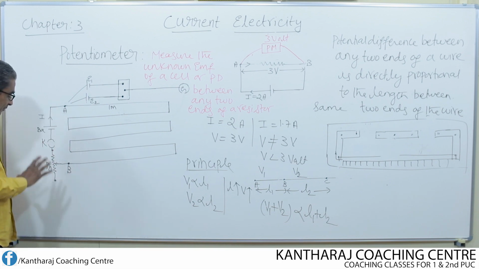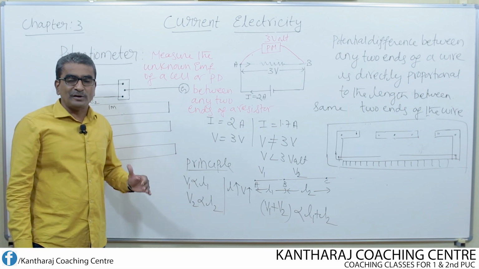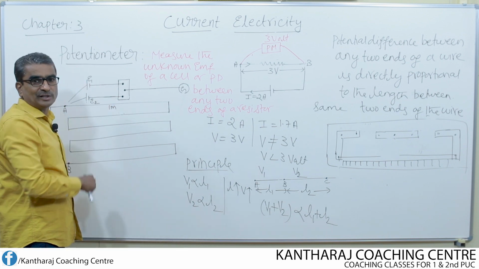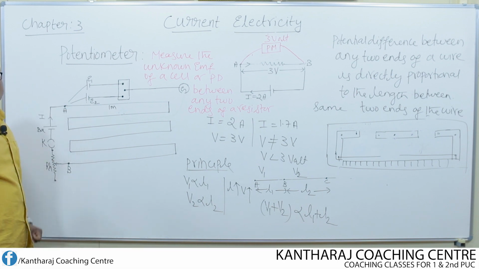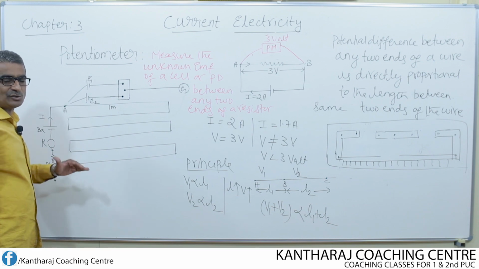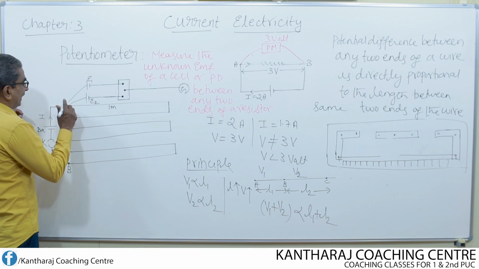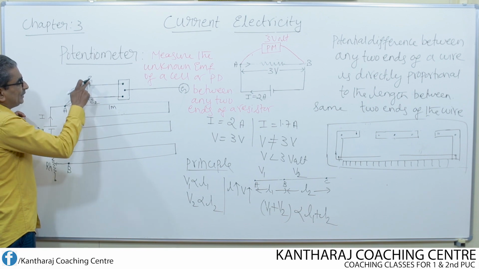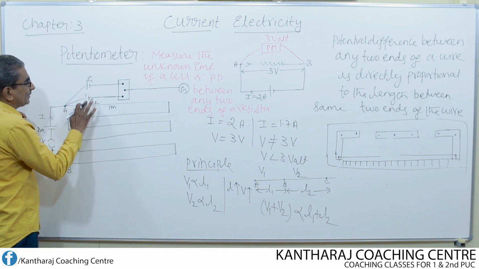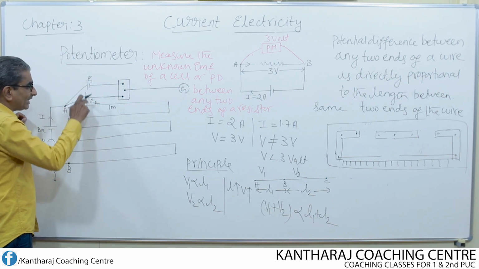This is how we make use of rheostat. Rheostat acts like a variable resistor and it is used to vary the current in the circuit. If I want to vary the main current, then we operate the rheostat. That's the purpose of using rheostat, just to vary the current in the circuit. Now, to the end A, the positive terminals of the two cells of different EMFs, one cell having EMF E1, another cell having EMF E2, are connected.